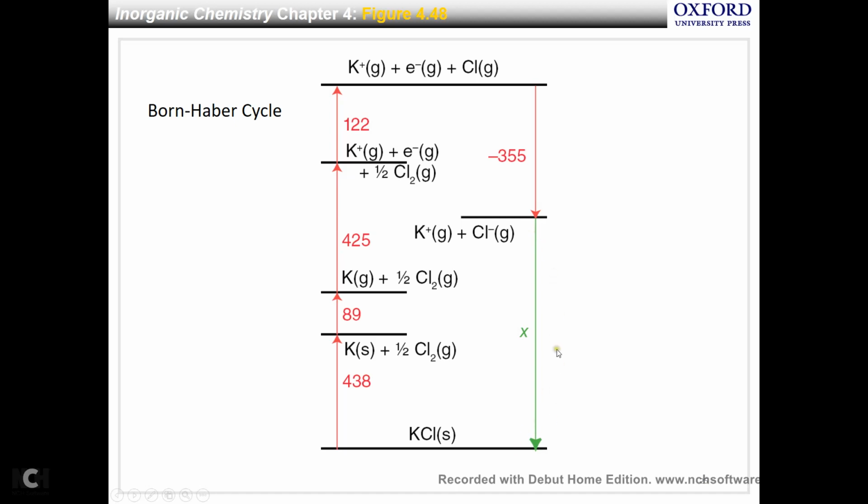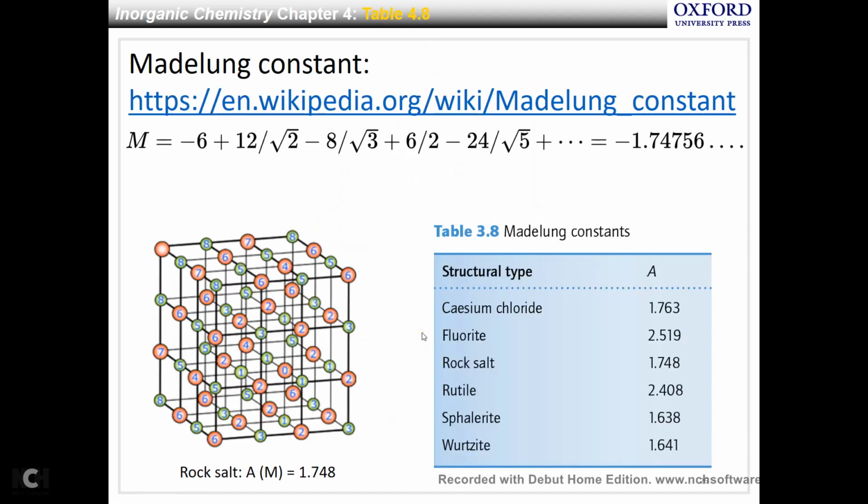We get this segment. That's the lattice enthalpy of potassium chloride. And of course, you can draw this cycle for any other ionic compounds. Now let's look at this Madelung constant. What does that mean? If we have a sodium chloride ionic compound or any other ionic compound with this rock